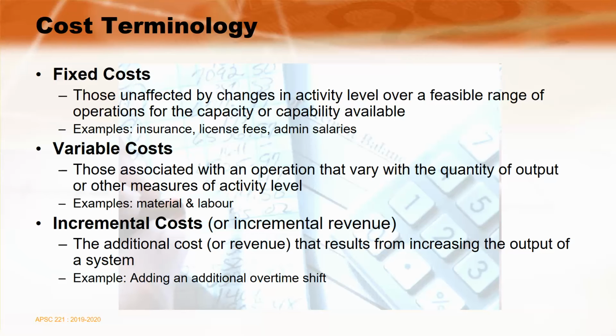Variable costs, they change based on how much output we do. Obviously, we will need a lot more material and labor if we are going to manufacture 10,000 versus 10 million cans of paint at our production facility. There will be, obviously, the simple thing, we're going to have to purchase either 10,000 or 10 million cans from somebody. So that would be a cost, obviously.